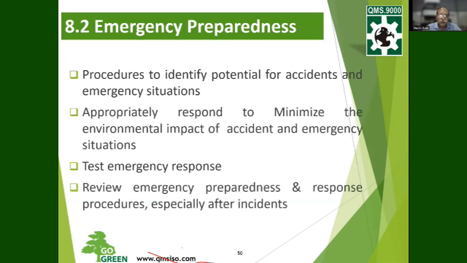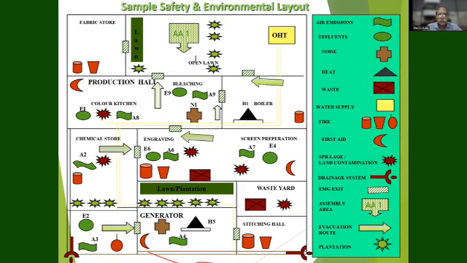You must have emergency response teams, and you must practice also. This is the one I would like to get your attention on. This is safety and environmental layout. On the left-hand side is the layout of an organization. This is an industry where you have different sections,